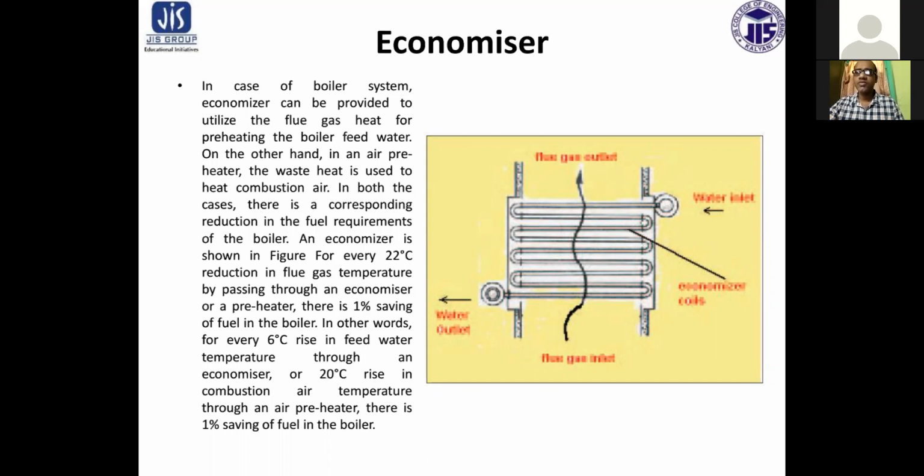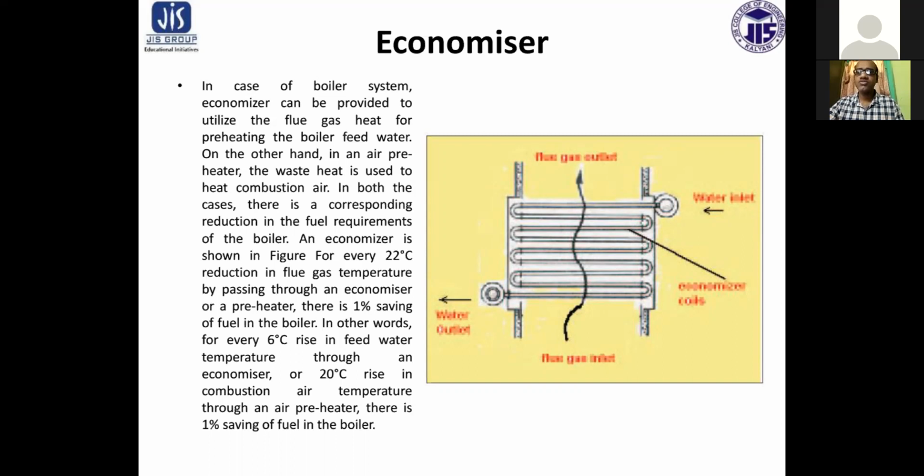In power plants and process industries, economizers are used everywhere, and the design varies from industry to industry. But in most cases, an economizer is just like a heat exchanger, which is used to economize the fuel,